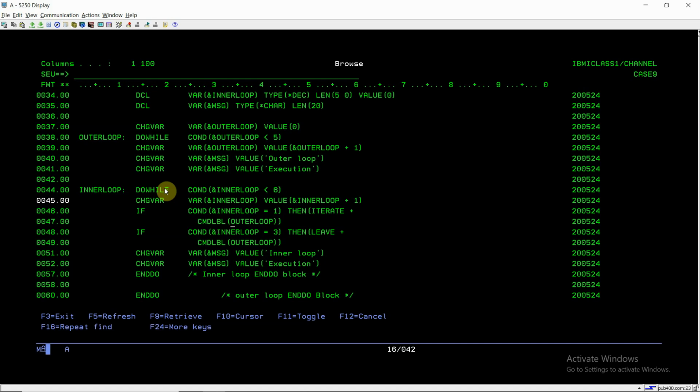I can specify the inner loop label as well here, so it will skip the records of the inner loop for iteration 1, inner loop value 1, and will continue with the second, because it will increment here to 2. Now